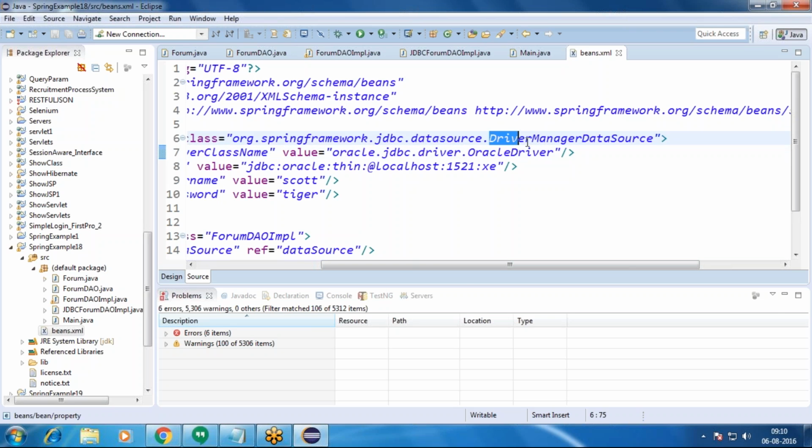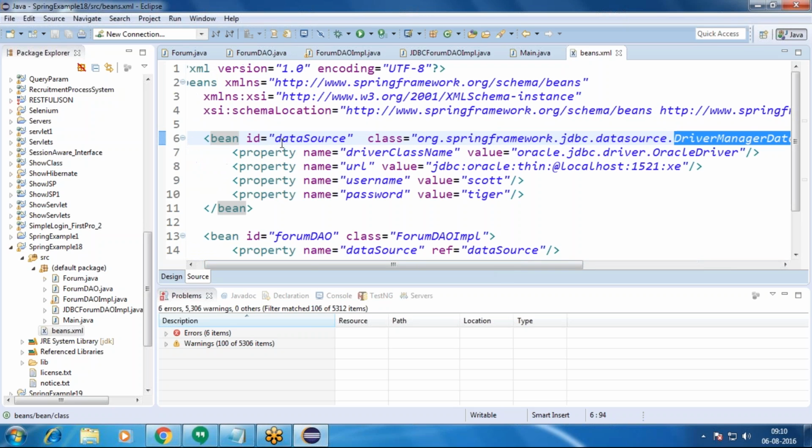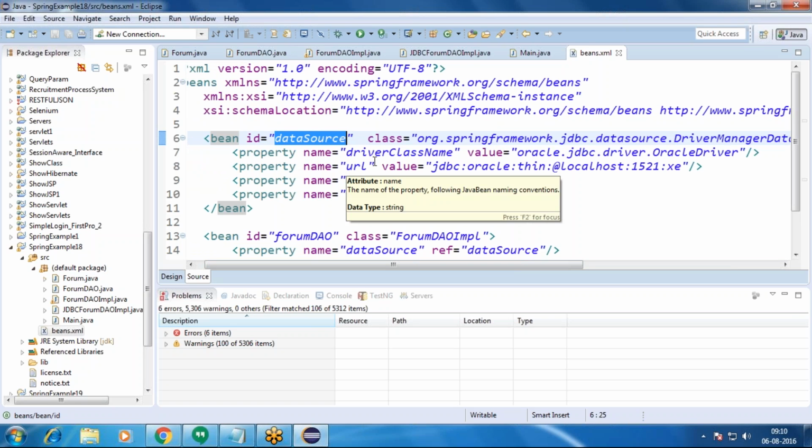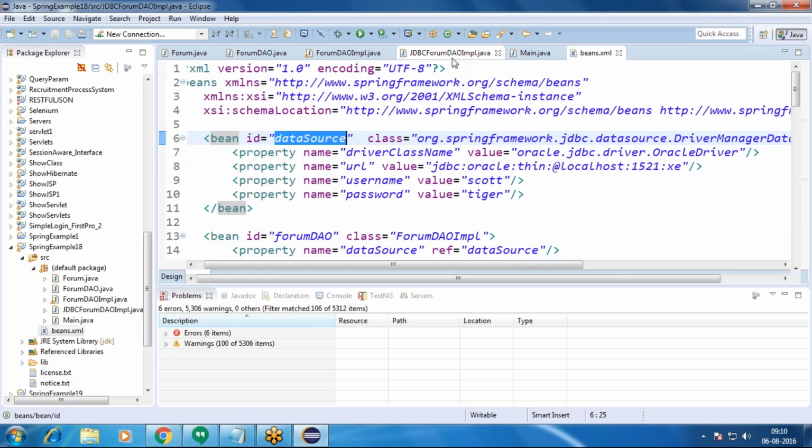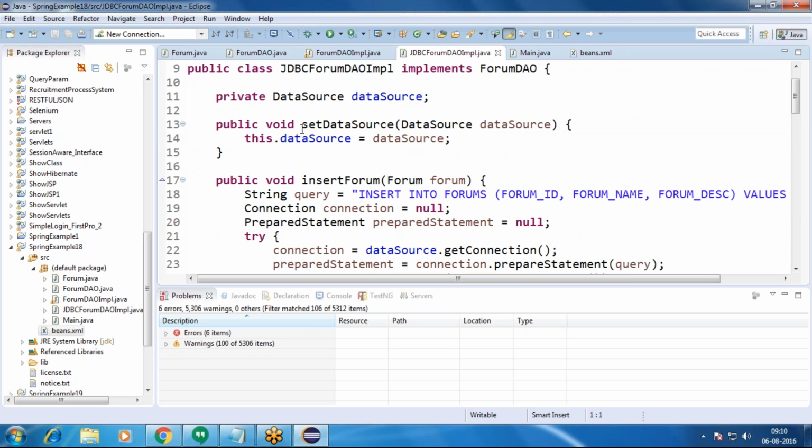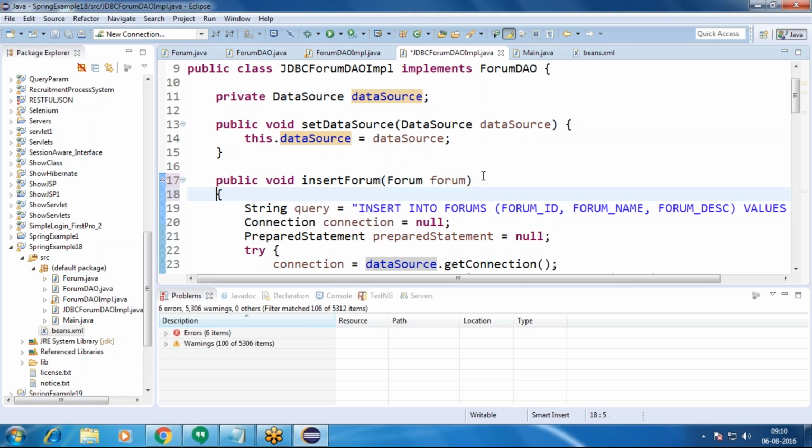For that class we gave an ID, and that ID is given to the setDataSource method. That means we are injecting the database related details into the dataSource object.